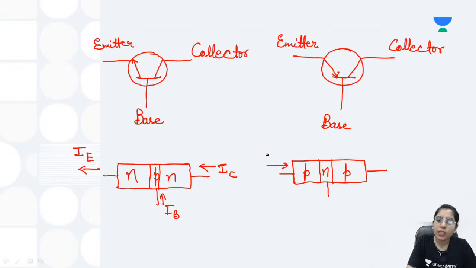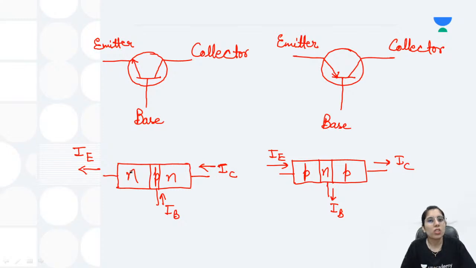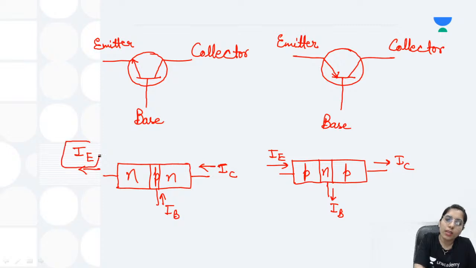You have to consider it this way: that is IE, and for this one it will be IB, and this one IC. If there is any doubt, you can tell me about it. So basically, as per KCL, which is applicable on junctions, the sum of currents leaving a junction and entering the junction are equal to each other. So you can say the leaving one here is IE and the entering ones are